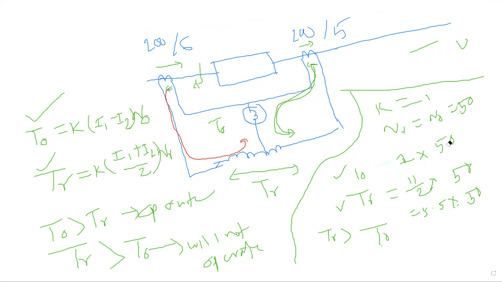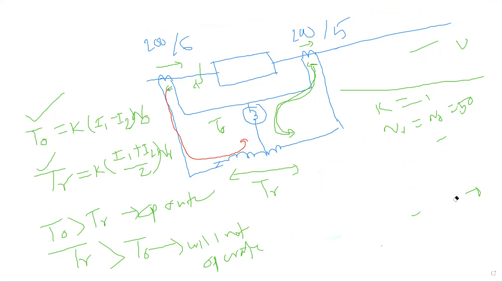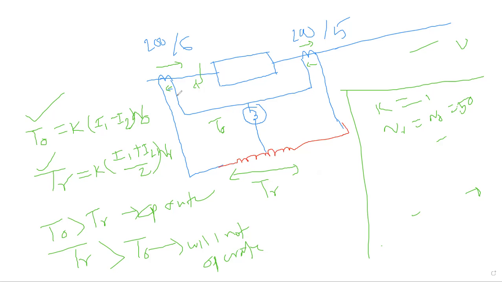Let us analyze that also so that it becomes very clear. During an internal fault, the equation will be modified a little bit. Modified means what? The currents will all be in the same direction, isn't it? All the currents will be in the same direction. We know this. So the operating torque will now be I1 plus I2 into N naught.